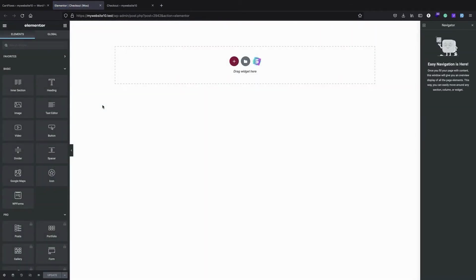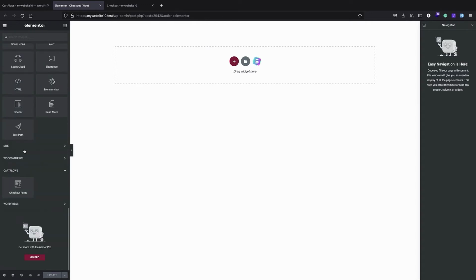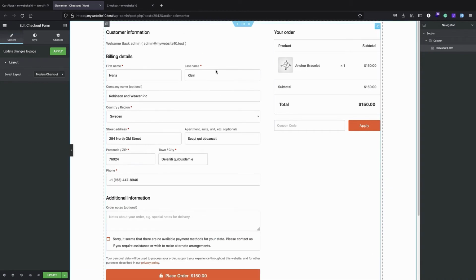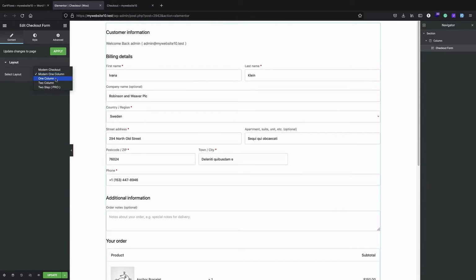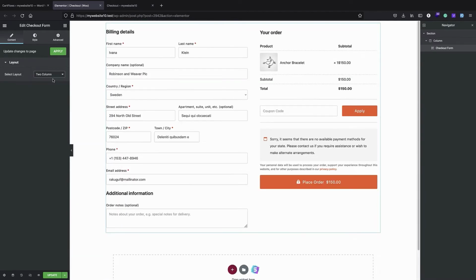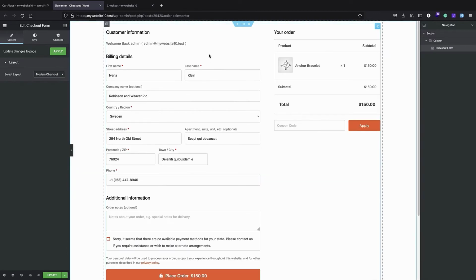Of course, the important element here is this checkout form, so you have to put it there. We just put it there and we get this nice effect. And we also have a bunch of options here. So we have modern checkout, which is what you are seeing here. We have modern one column, this is the modern one column, and we have one column and two column, and also two step, which is only available in the pro version. So we are just going to use the modern checkout,